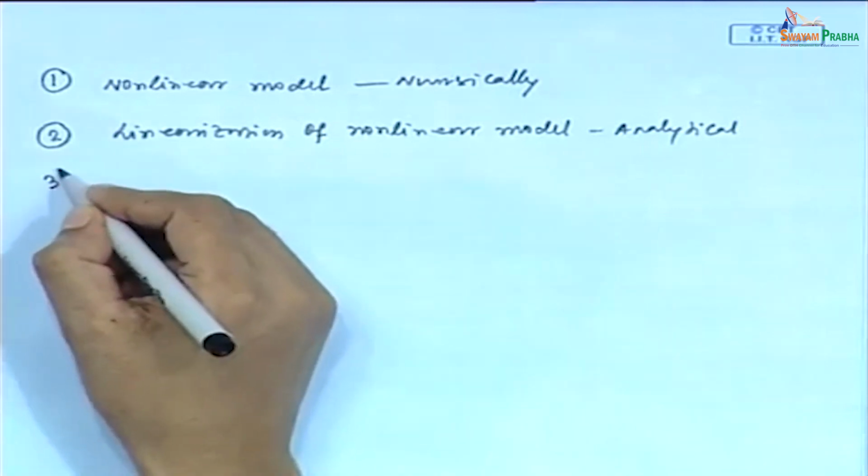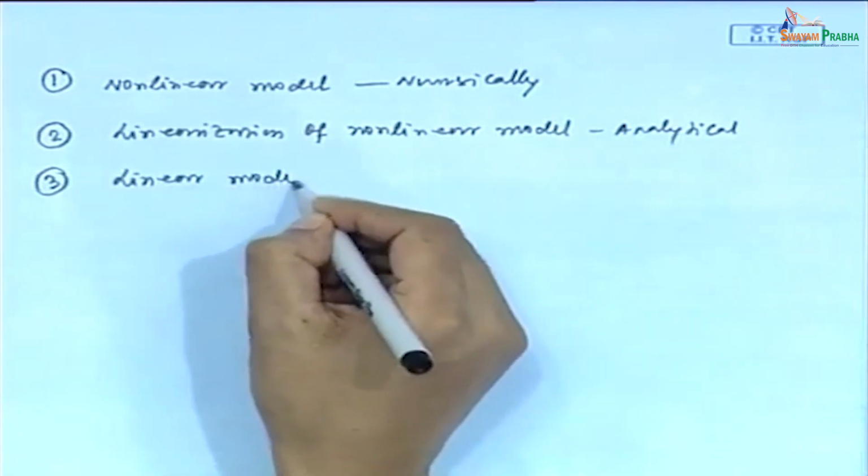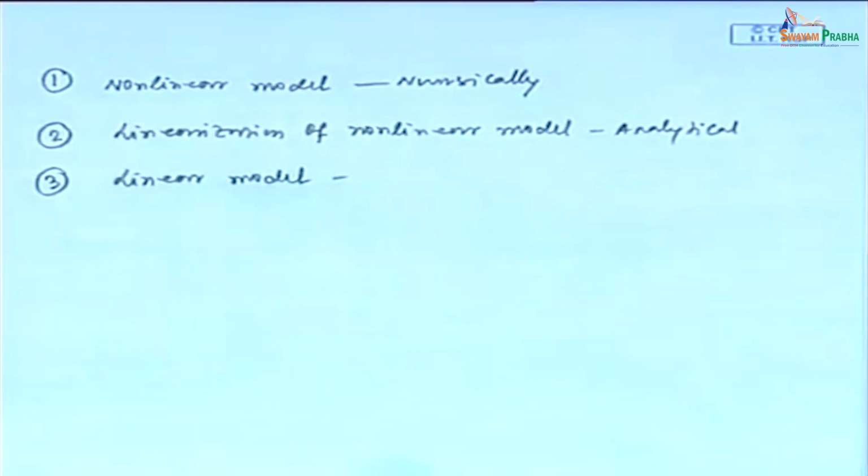The third option is we can develop a linear model for the nonlinear processes, and solve the linear equations again analytically. So, there are three options. One is development of a nonlinear model and going for solution by the use of numerical techniques. Another one is to linearize the nonlinear equations and follow the analytical solutions, and the third one is to develop the linear model